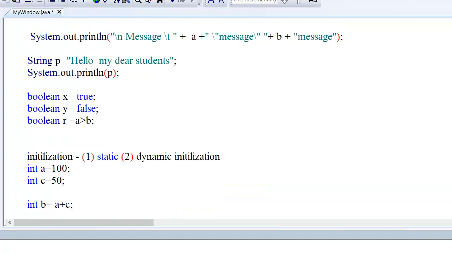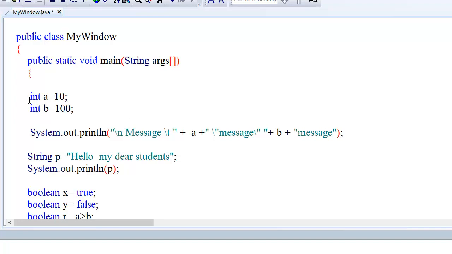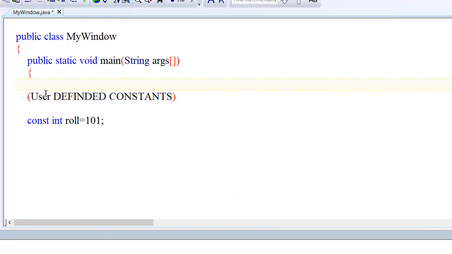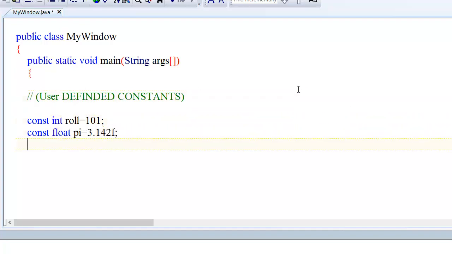Let us do it practically. How does the user defined constant work? Okay, see the importance of user defined constant. When I have defined it and I want to change the value again, let's try. This is 4.14161f. Now run this code. Now I am going to run this code.